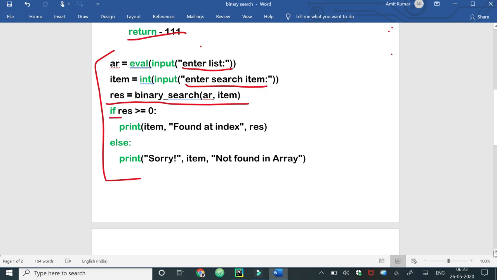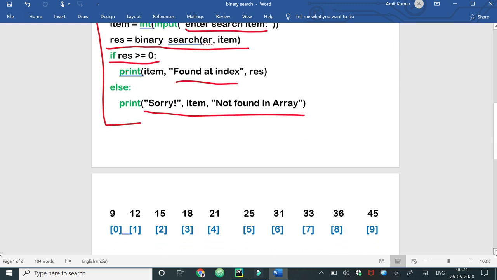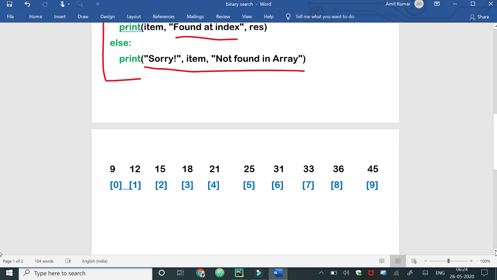According to the response, if it is greater than or equal to 0, it means the element is found, and if it is not greater than or equal to 0, it means the element is not found. So here I am going to give you a demonstration of how this function will work.